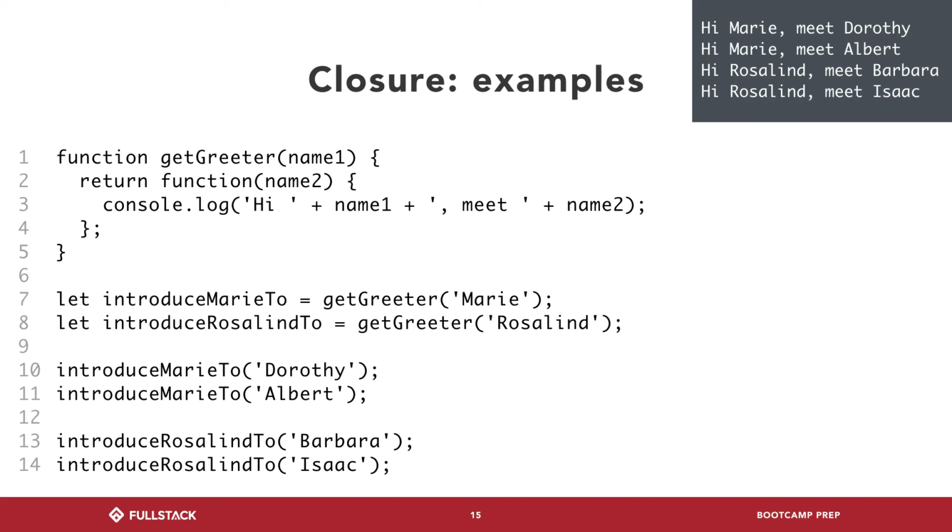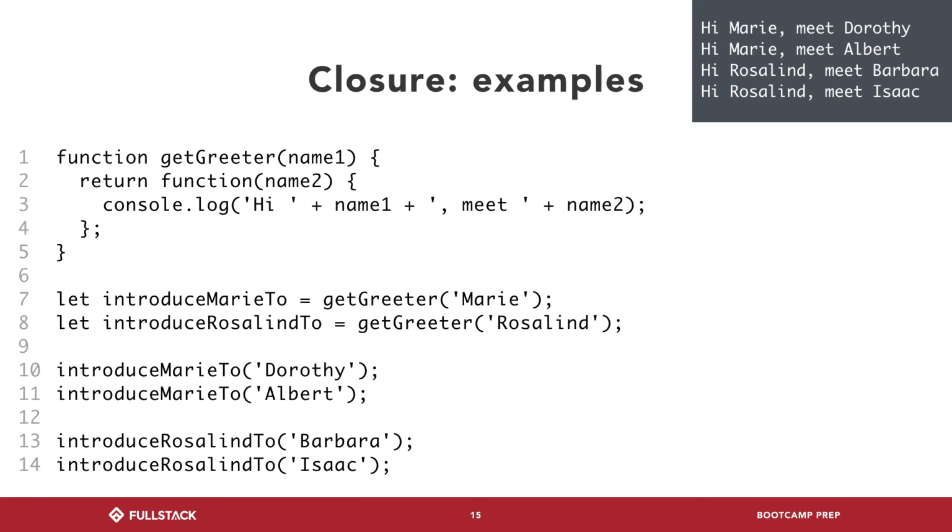On line 7, when we invoke getGreeter and pass in Marie, name1 is stored as Marie, and to the function that's returned, which we store as introduce Marie to, name1 will always be Marie. On line 8, when we do introduce Rosalind to, we still call getGreeter, but we pass in